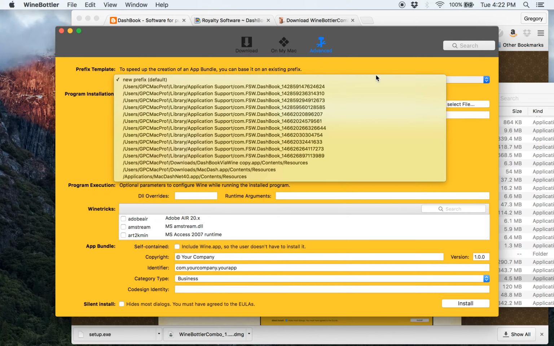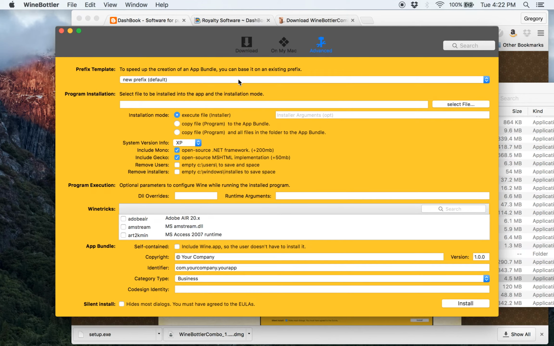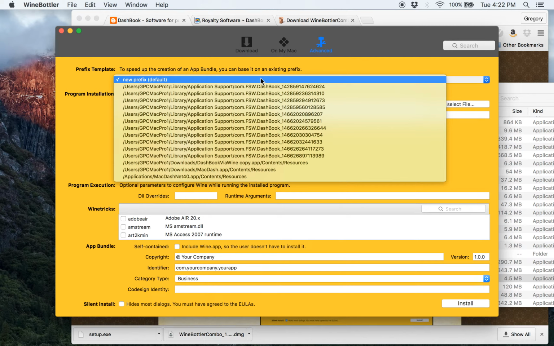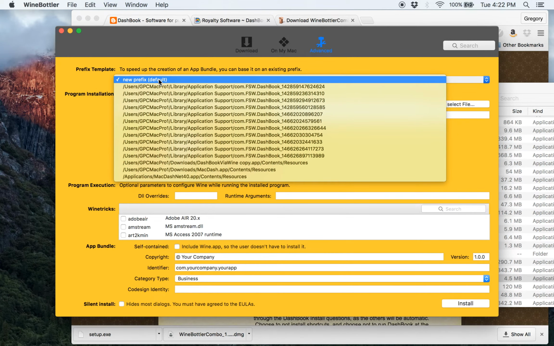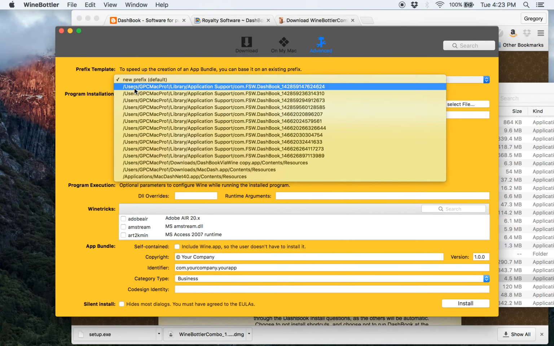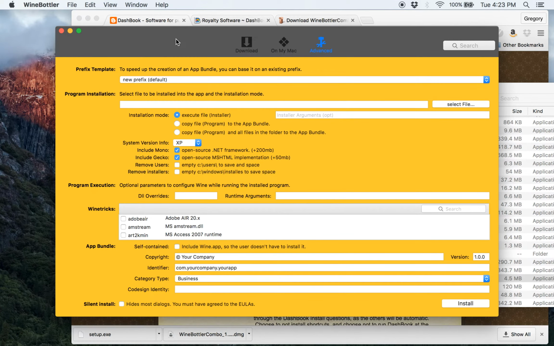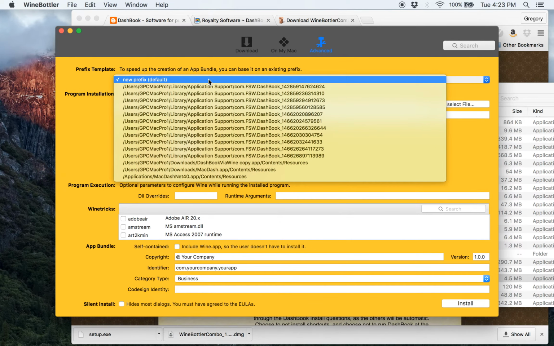Interesting. These are all prior setups I've done. I am not sure how to point to another location. Okay, this is the setup I want, and I'm pretty sure I can't just drag and drop it there. So my user is GPC Mac Pro 1. So let's go back to Finder and let's see what we can do here. I guess, can I type? No, this is,